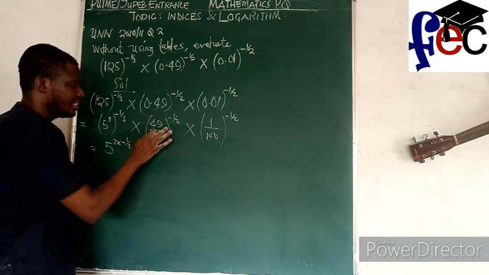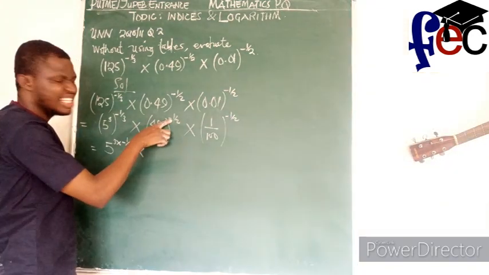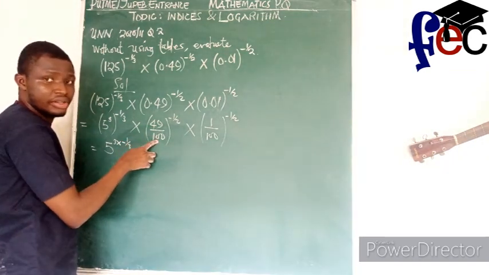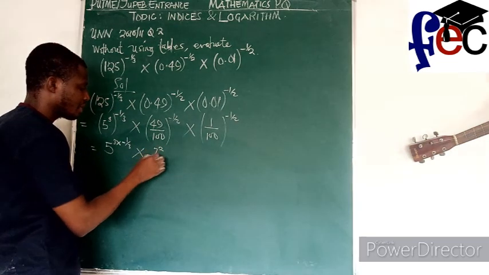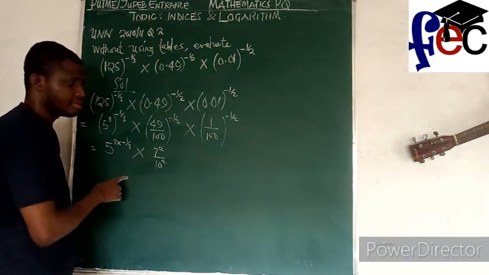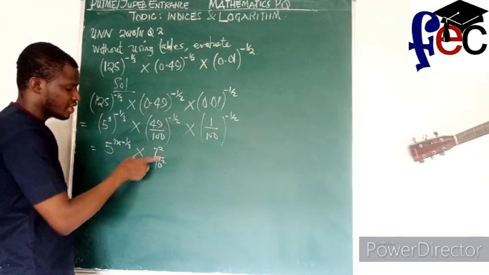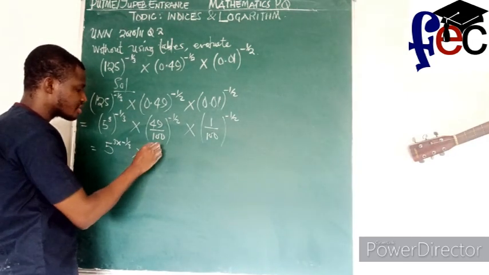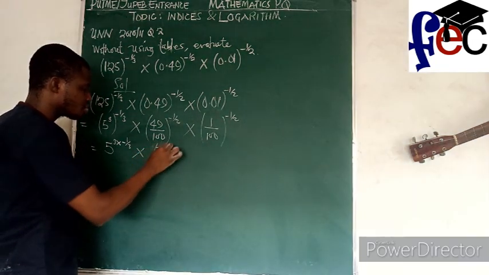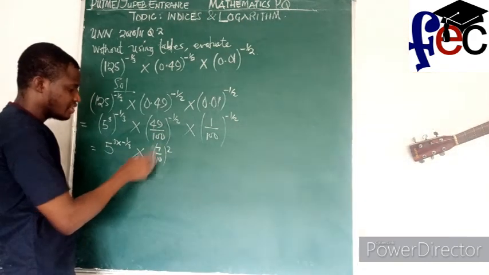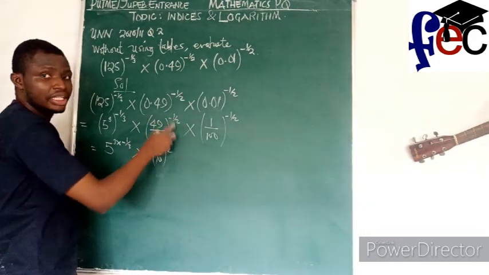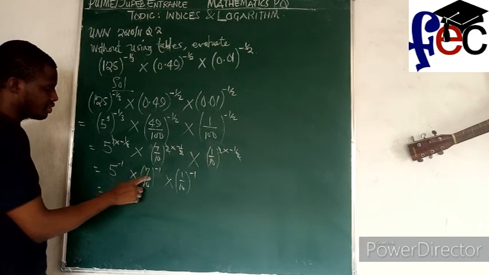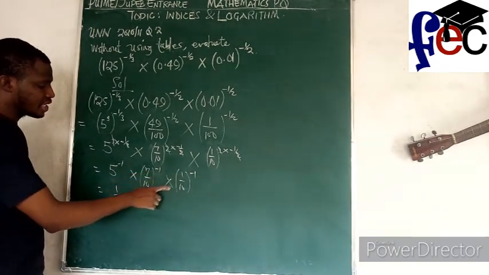Times, I can write this too as what? Because of this negative sign, there are two ways. I can write this 49 over 100 as 7 squared over 10 squared. So this 7 squared over 10 squared, I can combine them to be 7 over 10 all squared. Do you agree with me? And if we have this, then all raised to power minus 1 over 3, it will make this multiply this: 5 raised to power minus 1 times 7 over 10 raised to power minus 1 times 1 over 10 raised